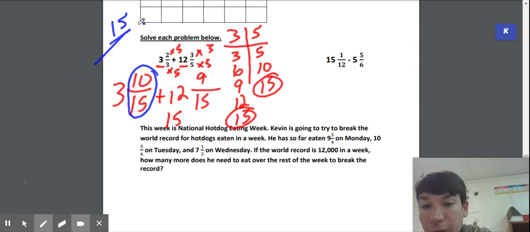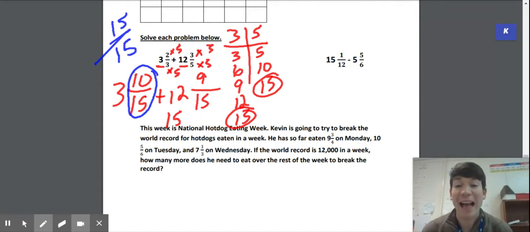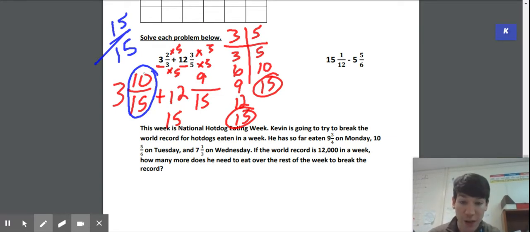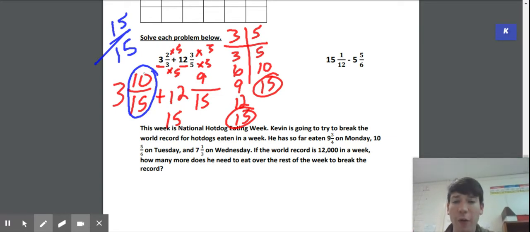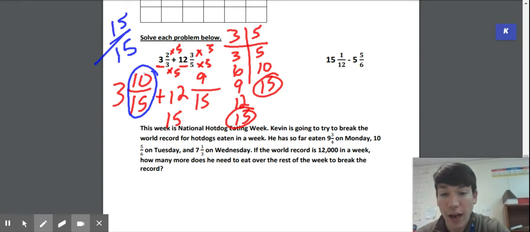So I know that 15/15 is equivalent to 1 whole. So we're trying to say, what would I need to add to 10/15 in order to get to a whole? Well, I know that in order for this 10/15 to get to a whole, I am going to need to add 5 more 15ths. Now, if I look at my other fraction, which is 9/15 over here, I know